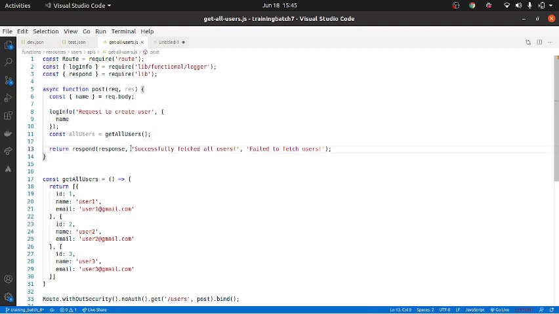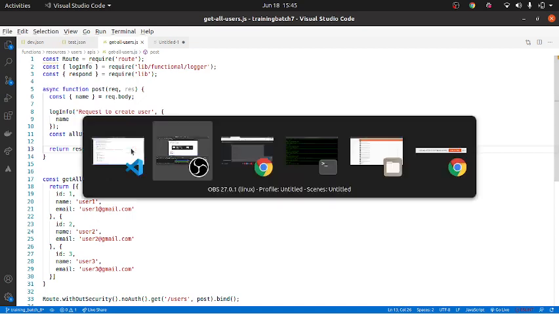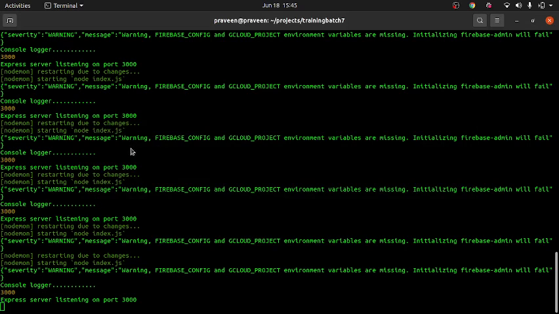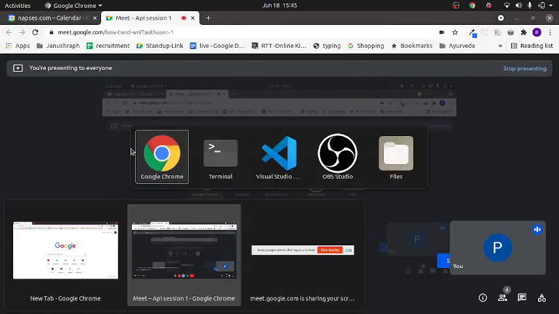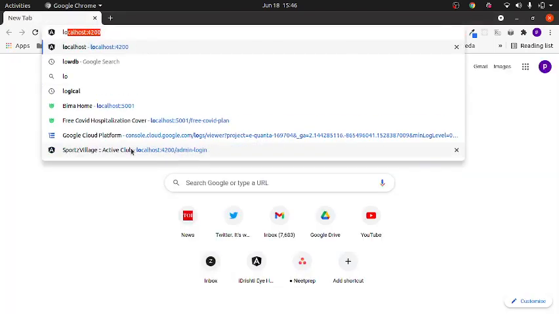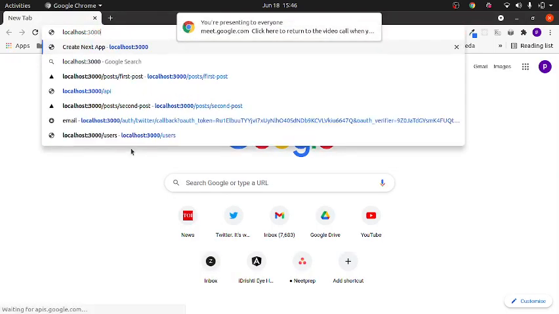Now in order to make this consistent, we have created a method called respond, and this is what we use. If I pass all users to respond, it will create that consistent structure and send it back. But there is a catch, it will still not work. Let us look at this. This is running, so I'll open one more browser, localhost 3000/users.